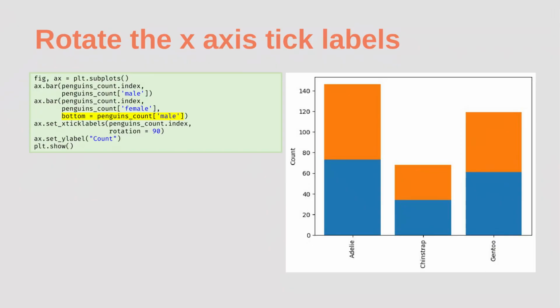In a stacked bar chart, each new set of data is stacked on top of the previous one. We'll start just like before by plotting the male penguins. Then we make another call to the bar method and add the female counts. This time we use the bottom keyword argument to tell Matplotlib to stack the female counts on top of the male counts. Finally, we rotate the x-axis labels by 90 degrees, set the y-axis label, and call plot.show to display